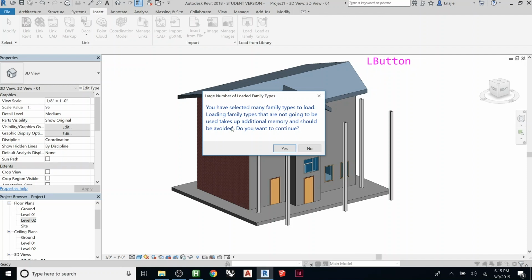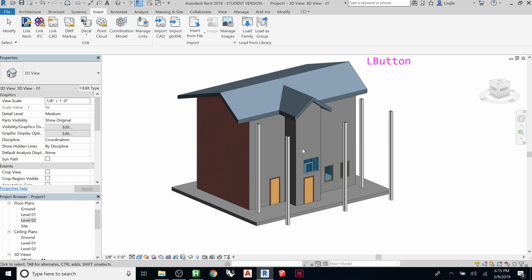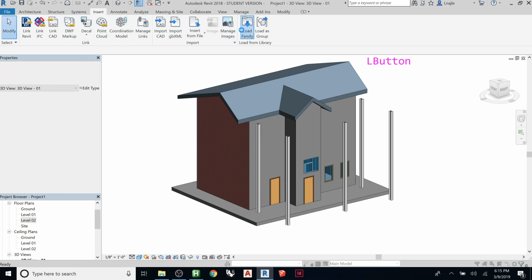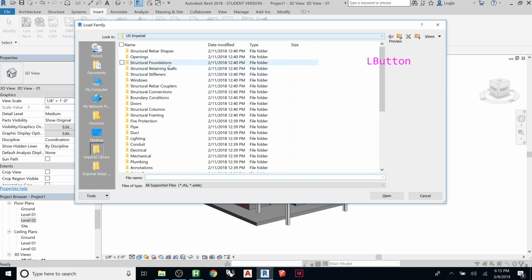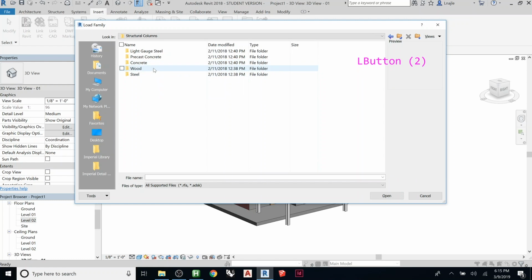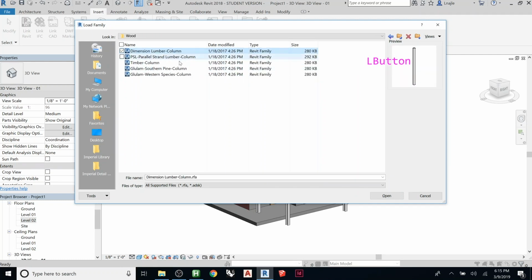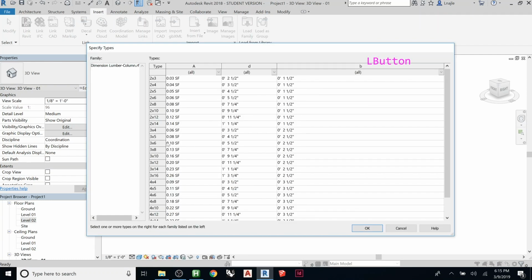You have selected many family types to load. Loading types that are not going to be used take up additional memory and should be avoided. You want to continue. You could say yes, or we could say no, and then we got to redo all that stuff. So load family. So it's telling you that it's going to be slow. So structural columns, wood, dimensional, and then let's load